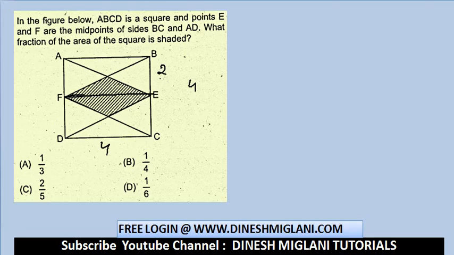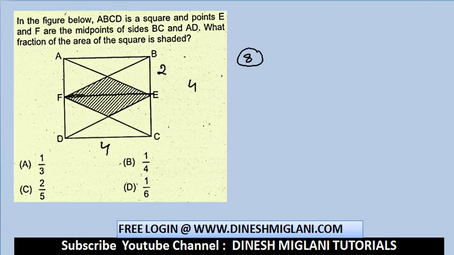This is 4 and this is 2. Okay, so what I can say, according to this, if the area of the rectangle is said to be 8, so according to that, what will be the area of this? So that would be, since it is dividing this into